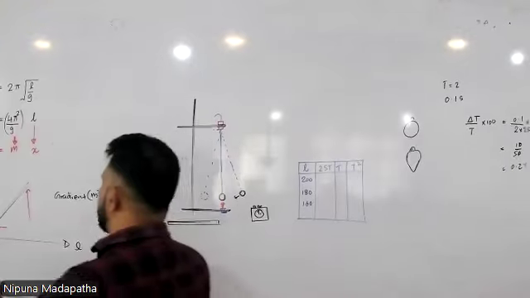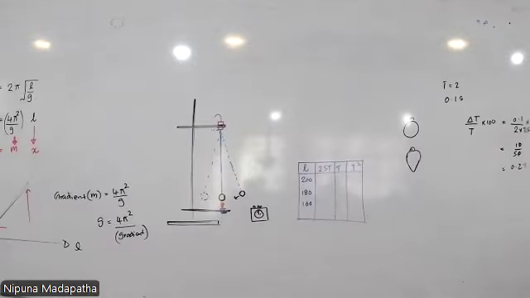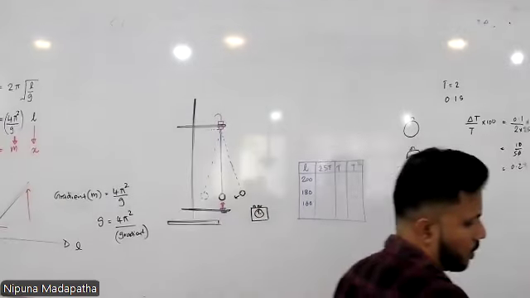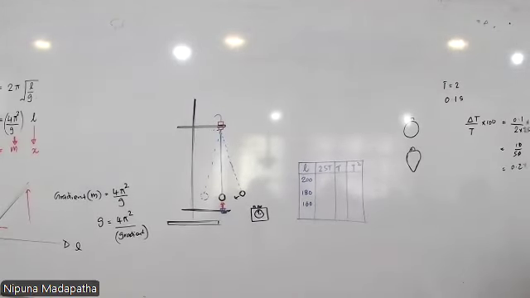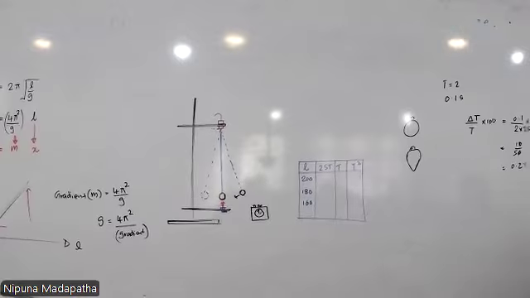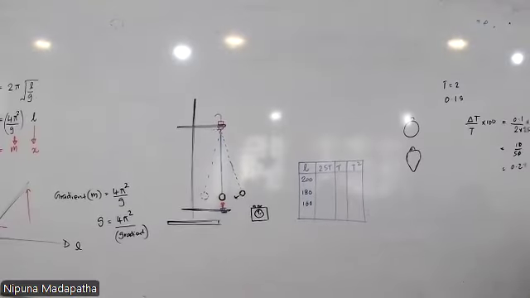Pull the bob aside till it is inclined by a small angle to the vertical (5 degrees or 6 degrees). Release the pendulum